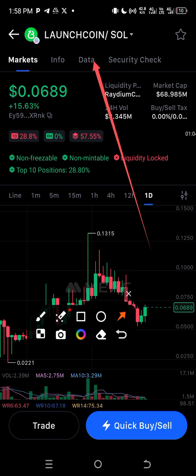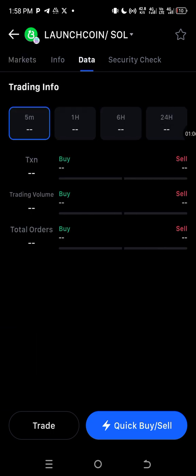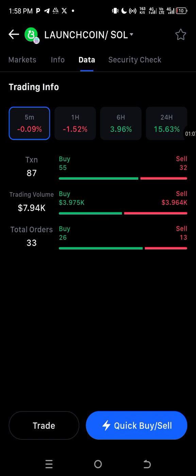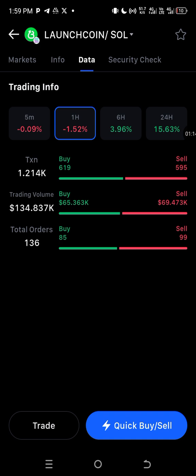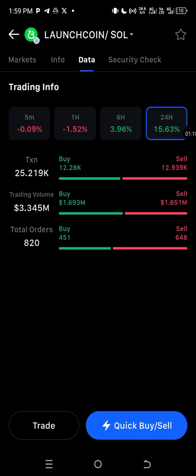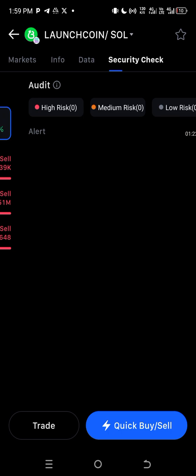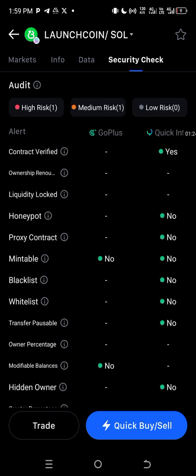Now, I'm going to click on data. So the moment I click on data, it takes me here. And you can see the past 5 minutes, past 1 hour, past 6 hours, past 24 hours, who have been dominating the market. Is it buyers or sellers? Right? Now, the moment we click on security check,